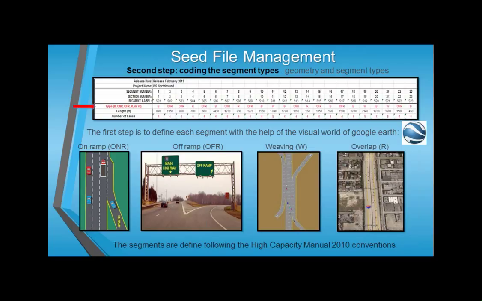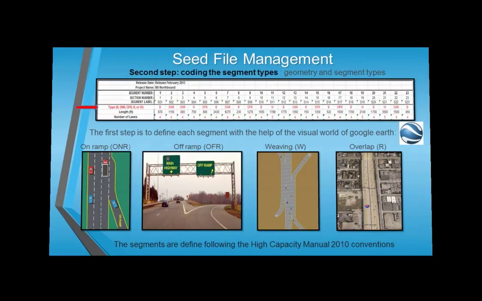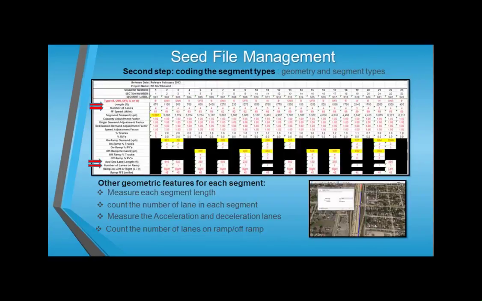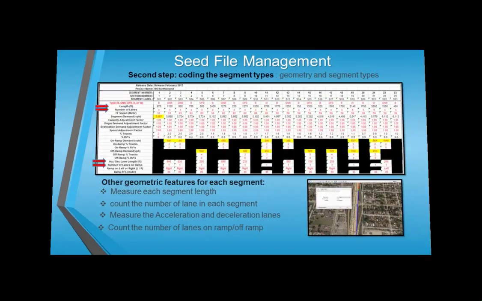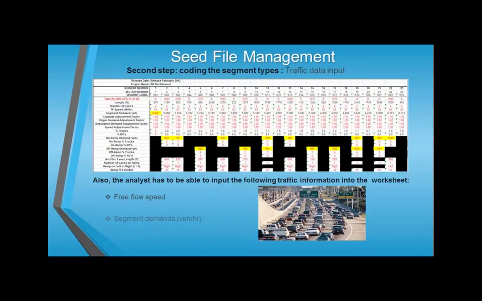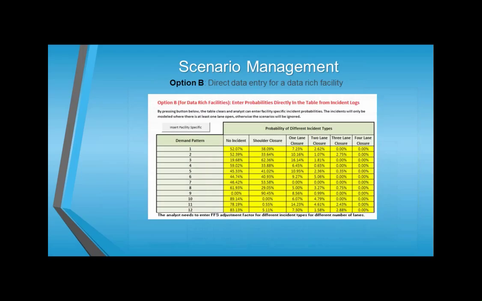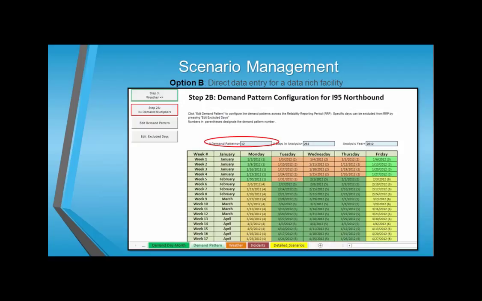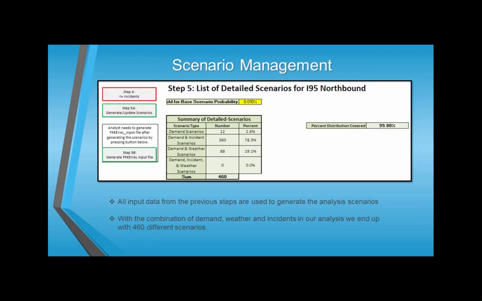But we have also to input some other geometrical information using Google Earth, which is the number of lanes, the measurement or the length of the acceleration and deceleration lane, and the number of off-ramp and on-ramp lanes that we have. In the same worksheet, we have to input some other important information about the traffic, and that information is the free flow speed, the segment demand, the truck and recreational vehicles percentage, and some other adjustment factors to be able to get accurate results. After we input that information, we are able to go to the next step, which is